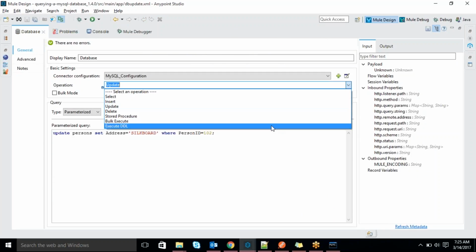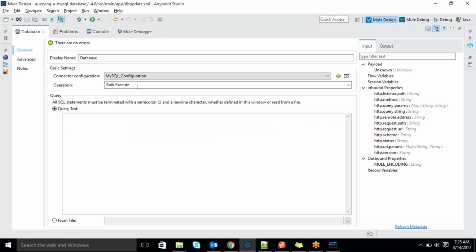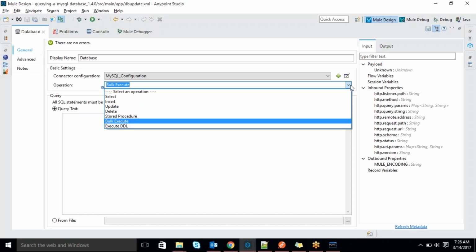If you want to update in bulk, then you have to choose bulk execute. Here we have to write the query for how to do the bulk execute, and then it will execute it. The same way for insert also, and the same way for update also.